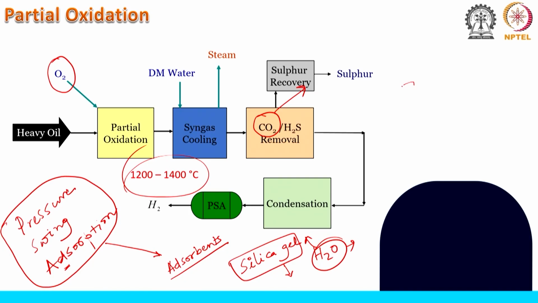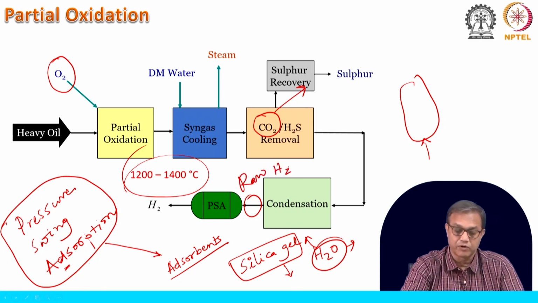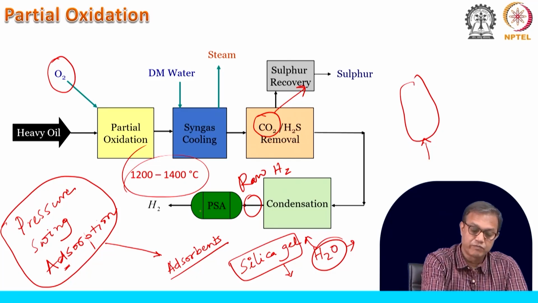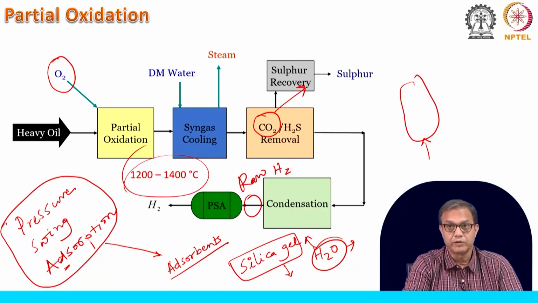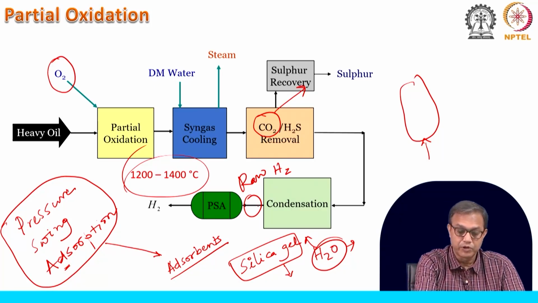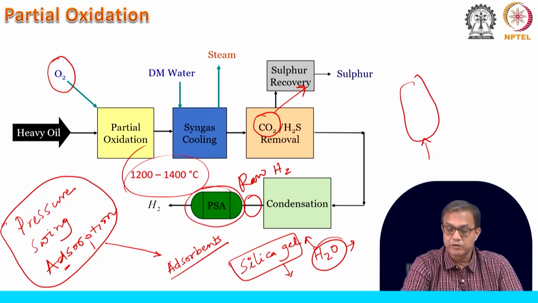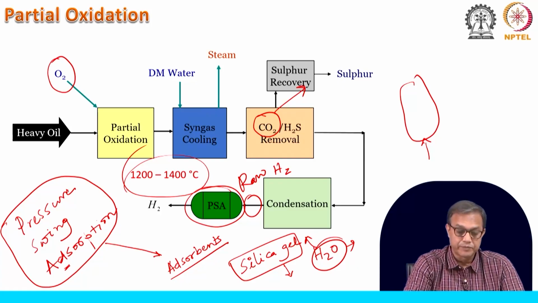So, at some point the adsorbent bed will be pressurized, and this mixture, this is called the raw hydrogen, will be coming from here, and this raw hydrogen will pass through that adsorbent bed. Many a times this is activated carbon or some other adsorbent depending on the impurities that are there in it. So, this bed will finally be saturated with those impurities, and that bed will be reactivated